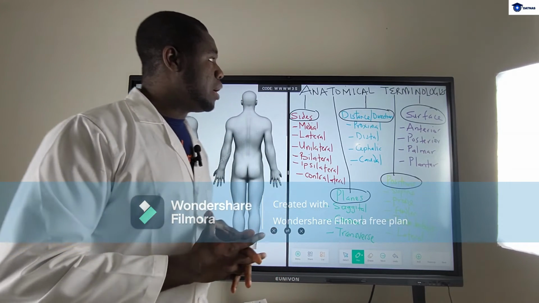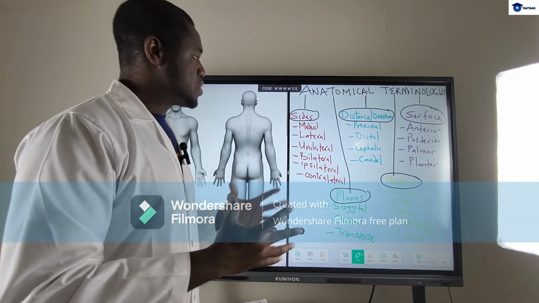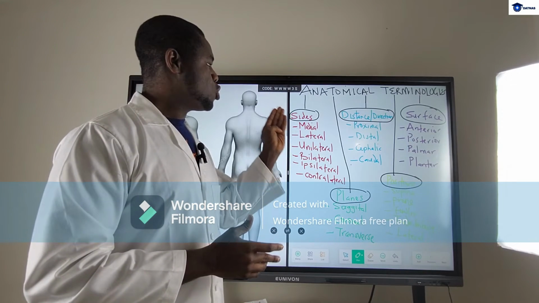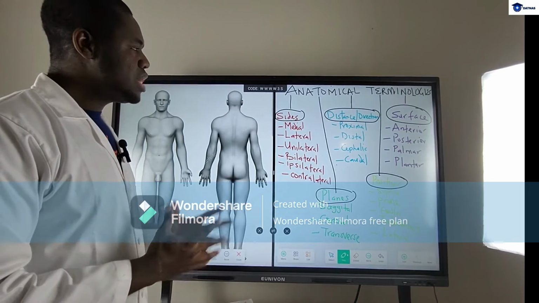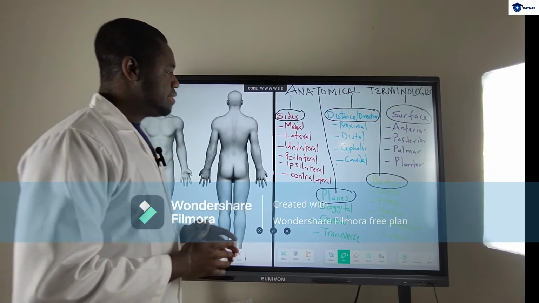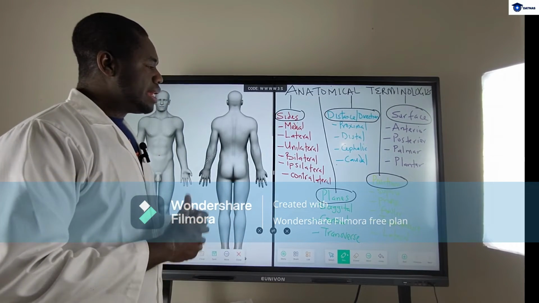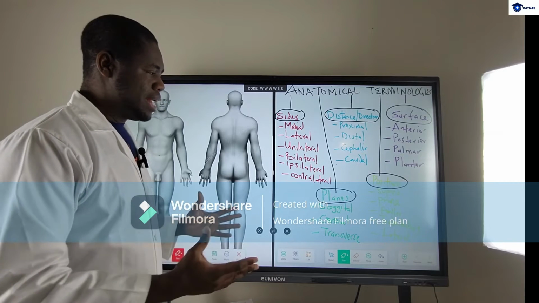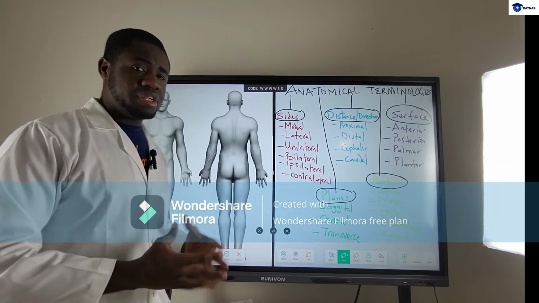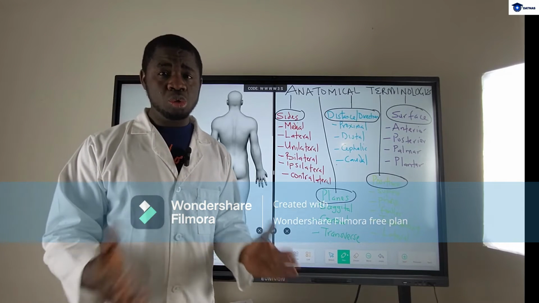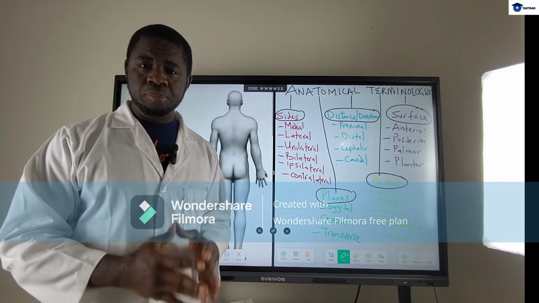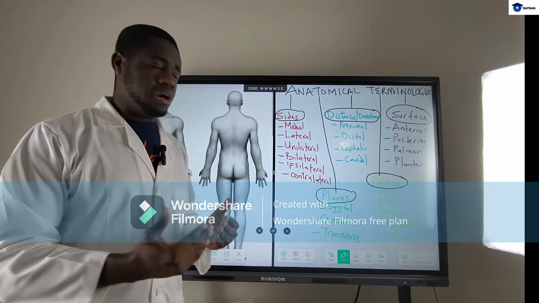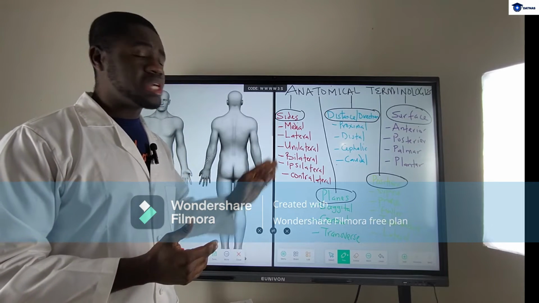Let's talk about the terminologies that relate to sides. Under sides, we have the medial, lateral, unilateral, bilateral, ipsilateral, and contralateral. But before we move on to explain these concepts,